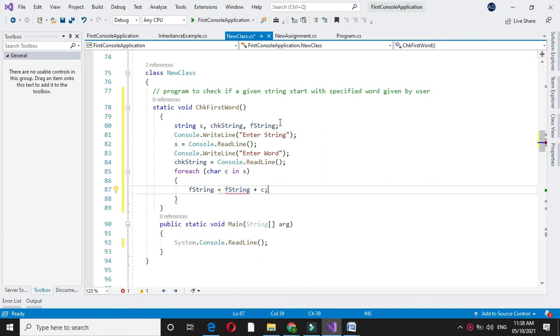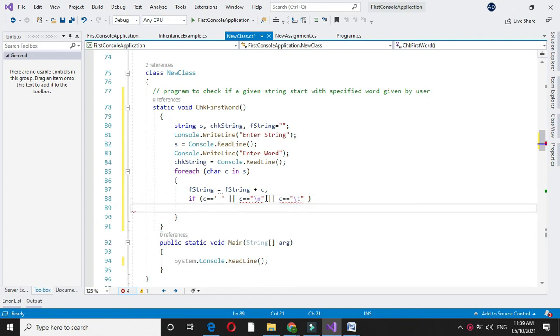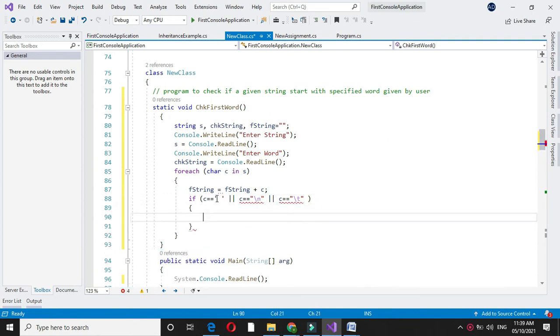I will initialize this string and then we will check if C is equal to spacebar or C equal to \n or C equal to \t. That is, if the character is space or \n or \t, we will consider it as a word.